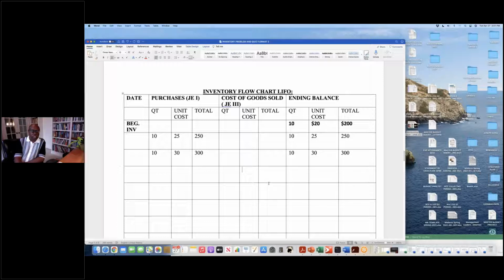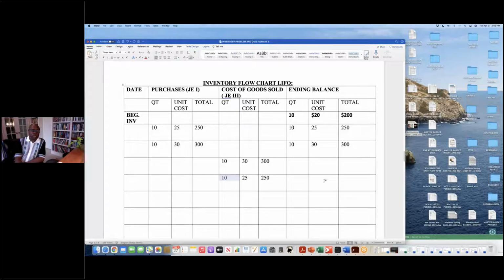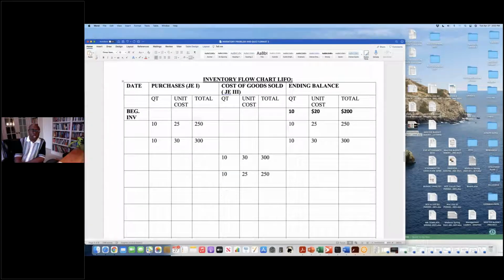But when we sell on the Lifo, we sell the last ones first. So when we get ready to do cost of goods sold, we go to the bottom. Copy. Then we're going to sell the next set on the bottom. Copy. So we're reversing where we're coming from. And so now the last units sold are going to be these 5 at 20, or 100. So we're simply